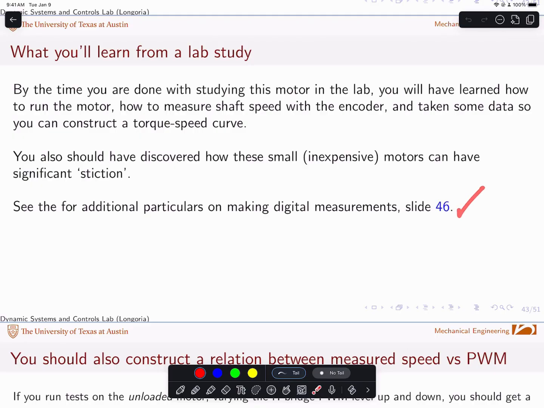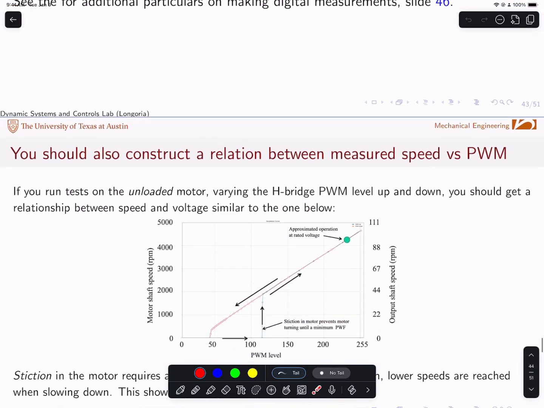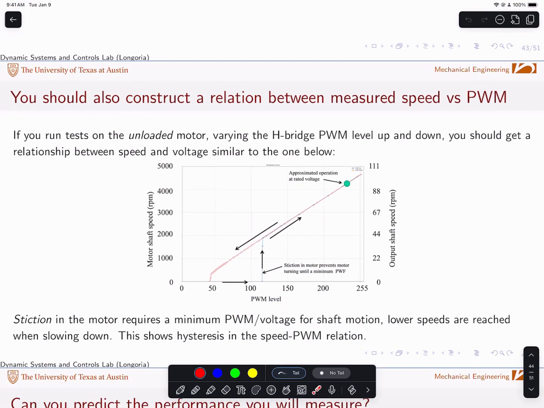There's more discussion in the appendix of these slides on making digital measurements, which might be useful to read. Again, a lot of the code for making digital measurements we will provide to you. One of the things that you'll do by collecting data during the testing of this motor is build up, again, you're going to be testing this little unloaded motor, varying the pulse width modulation with that